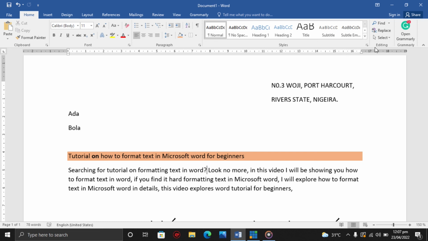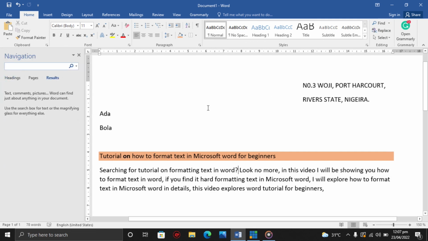Then we have our editing here. The editing group allows us to find a particular text or words in our document. We can also replace those texts that we have found. So let's see how it works. Say for example, I want to look for the word tutorial.